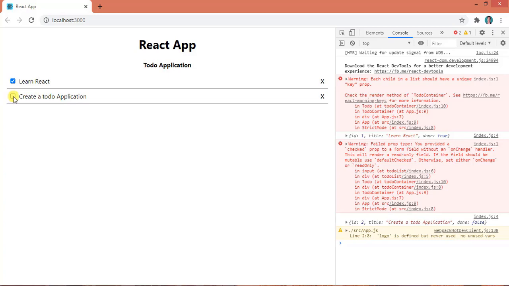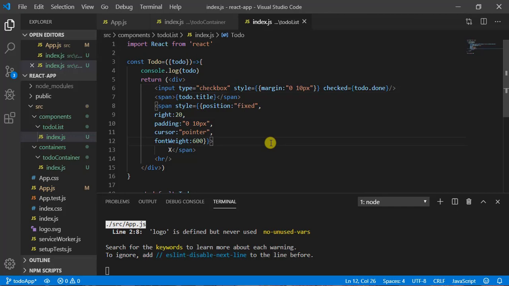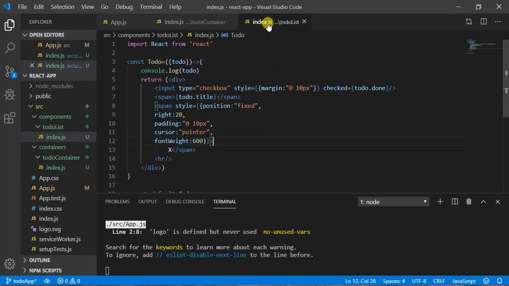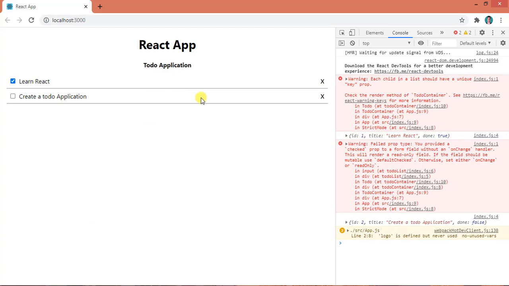Okay guys, so in this video we have created this todo container. Let me remove this code, and we have one todo list, and I have two objects here, means I can set two tasks, and I am mapping through this and printing here. And this todo component is going to check this todo.done property. Based on that, it will make this check as checked or unchecked, and here I will print the title, and this is for the delete icon. The hr will be this horizontal line.